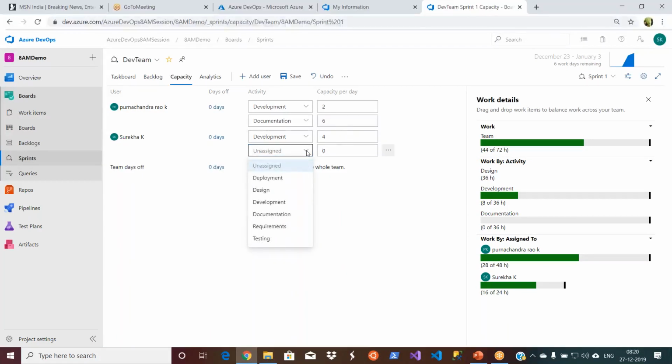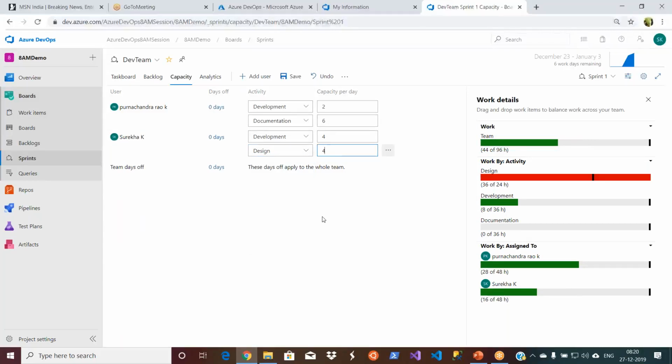I still have another 4 hours per day as per this one. I would say documentation, or I will say design, another 4 hours. So this is the capacity planning I am doing actually. So let's click on save.